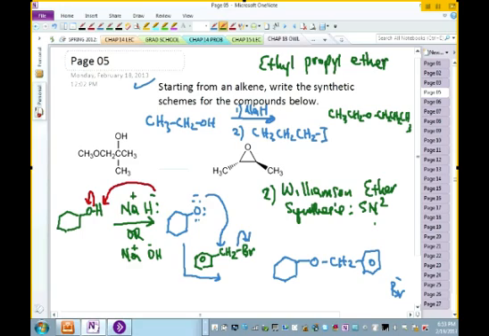Okay. There's another way. What other way can you name this? You could name this as an alkane, right? As an alkane, that would be 1-ethoxypropane, right? You could do that also. 1-ethoxypropane. Do you see that? Anyway, okay. Just to let you know the different ways in which you could name this.